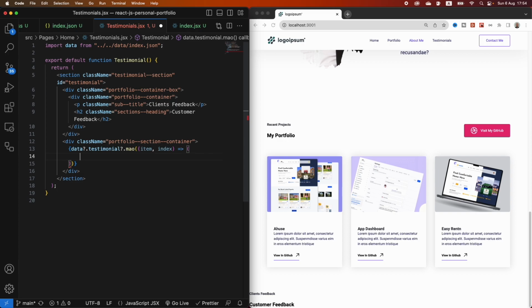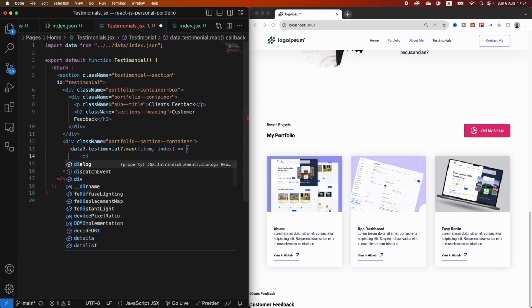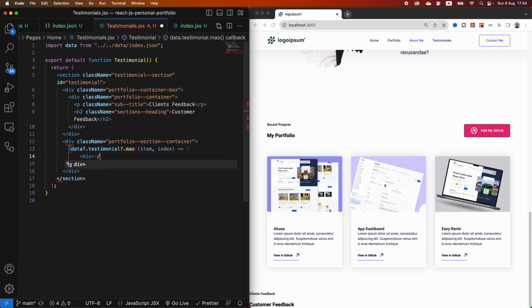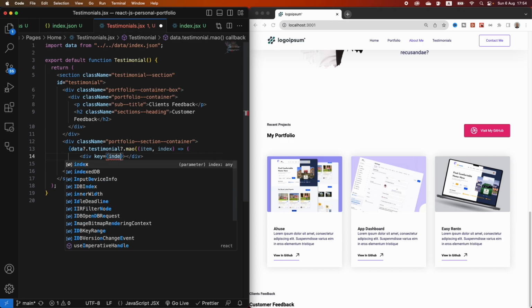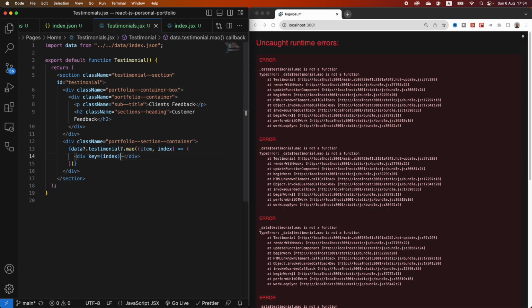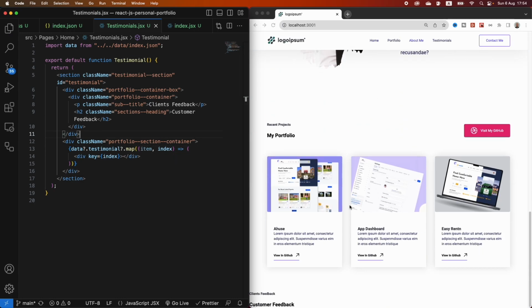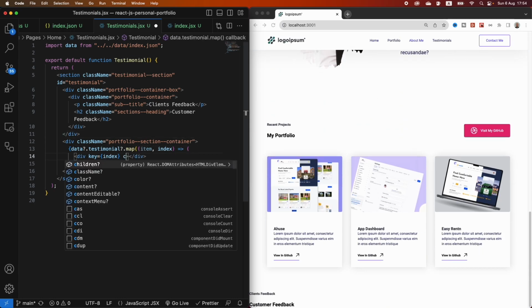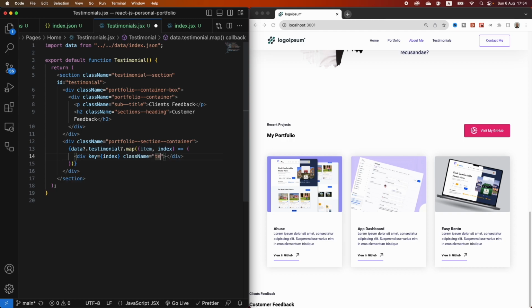We're gonna return a div, like so. Inside of this div, there's gonna be a key. It is gonna have the index property. I have written MAU and not map. Like so, and then additional to the key, we're going to have a class name, testimonial section card,